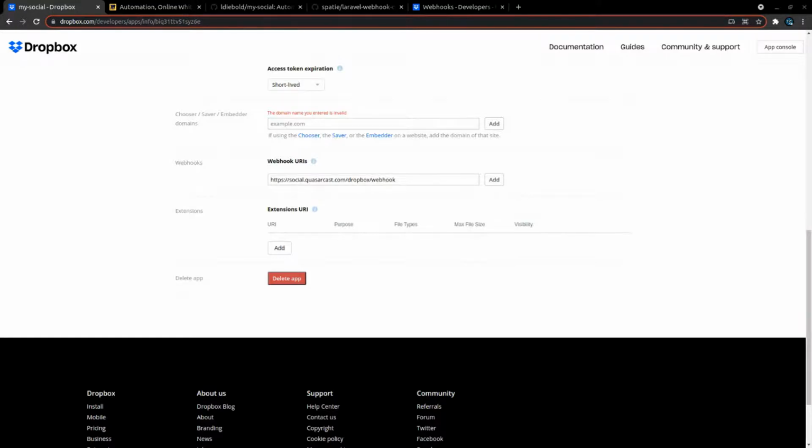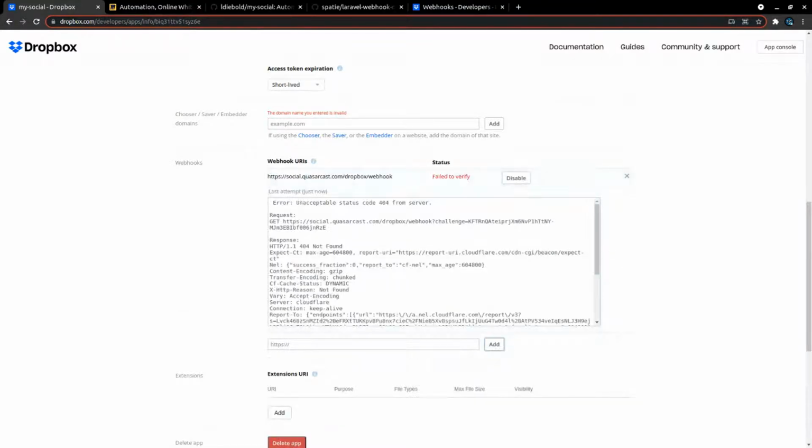On the bottom screen, I'm refreshing my site log to check that I've got nothing in there, in case we end up with a false positive. Let's add that. Failed to verify. Oh, we got a 404 from the server.